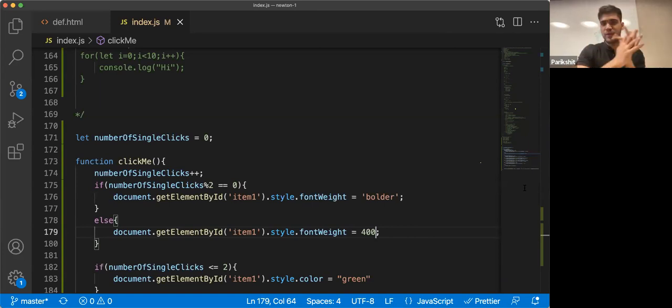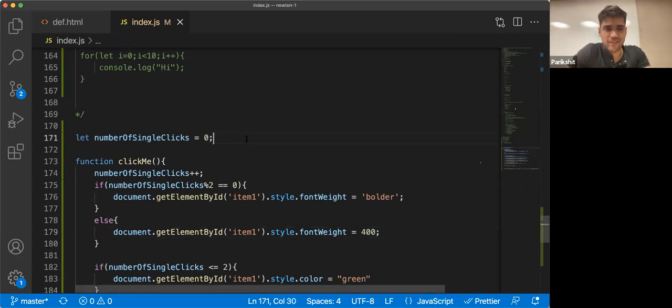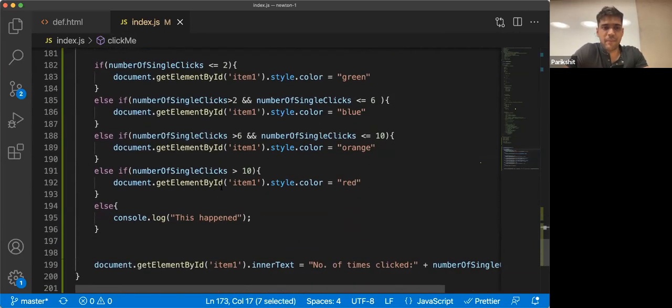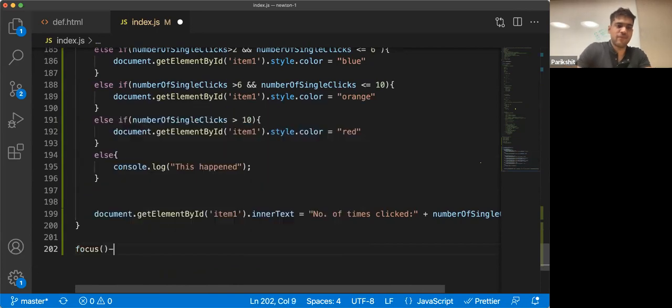Now one more thing, because we are having so much fun, I am going to make this auto clickable. Okay. So what I'm going to do is very simple. Watch carefully. This click me, right? I'm going to put a loop here and